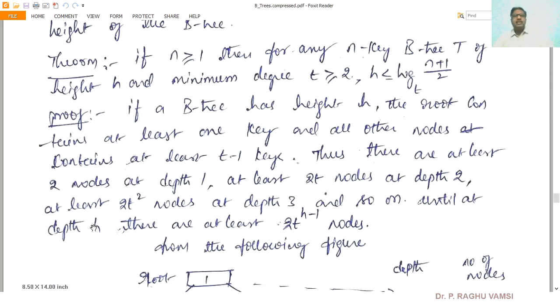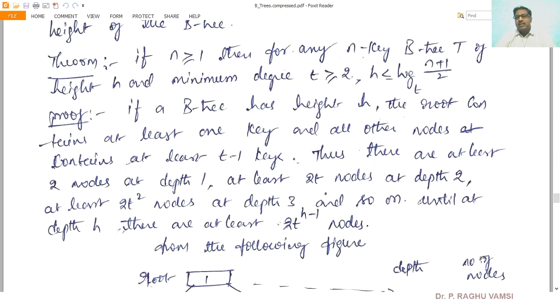So the proof is like this: if a B tree has height h, the root contains at least one key, and all other nodes contain at least t minus 1 keys, that is, order minus 1 keys. Thus, there are at least 2 nodes at depth 1, at least 2t nodes at depth 2, at least 2t squared nodes at depth 3, and so on.